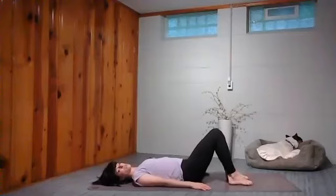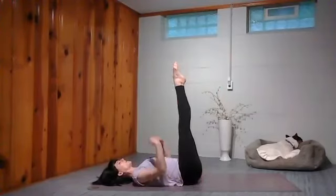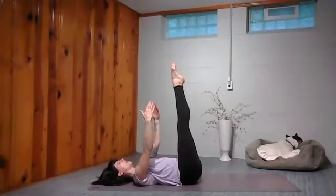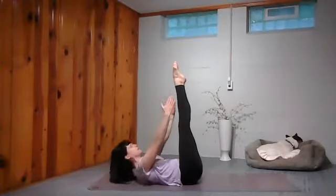And we're going to imprint our low spine, bring our legs straight up to the ceiling. You're going to reach your arms up towards your legs, but pull the shoulder blades back. And we're going to do curls, reaching up towards our feet. Here we go. 8,